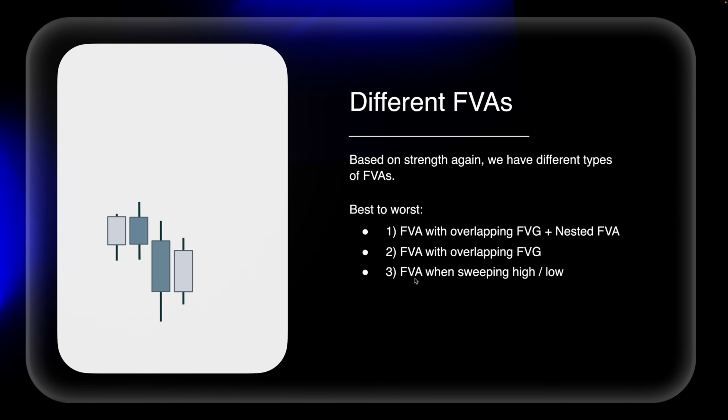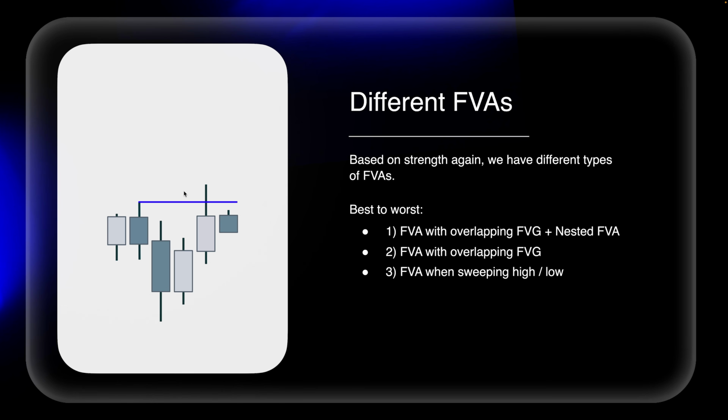When we create a fair value area, but we are sweeping a high, or if it's a bearish fair value area, the low, then that is not a good fair value area to trade from. This is exactly the case when the fair value area is the first line of defense and not the overlapping defense, where the fair value gap is the overlapping defense. Where when we trade above a swing point, so that swing high to the left, instead of creating an overlapping fair value gap on the right side that is perfectly overlapping with the high that we just took,